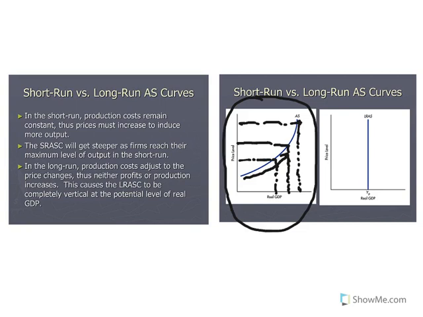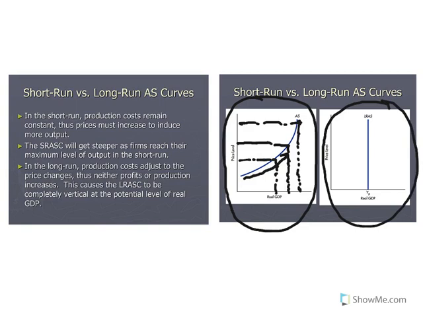However, in the long run, we know that everything is going to adjust. In other words, in the long run, the production cost, the cost of the resources will adjust. When there's inflation, eventually the cost of the resources, including labor, are going to adjust to that, and they also will increase. Therefore, we graph our long run aggregate supply curve as just a completely vertical line at whatever the potential level